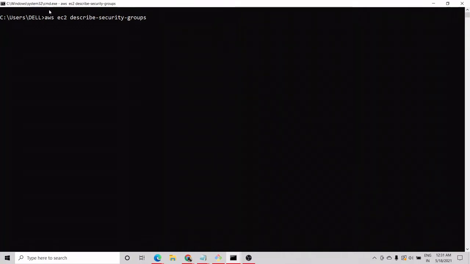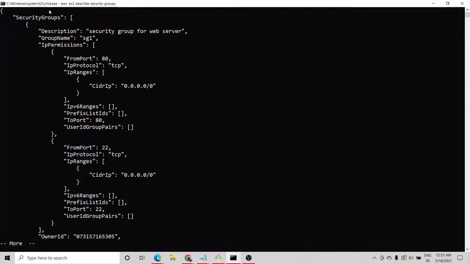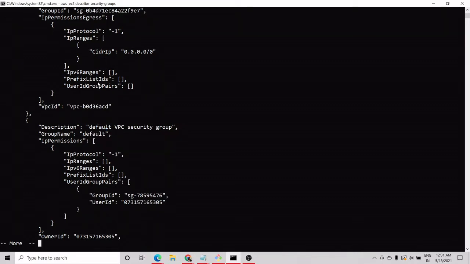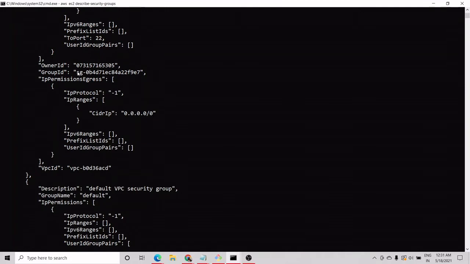It will show me all the security groups and their details, whatever we have. So first of all, this is security group for web server, SG1. That means this is the same security group that we created. Now we will find its security group ID, and here we got it, this is the security group ID for the same.